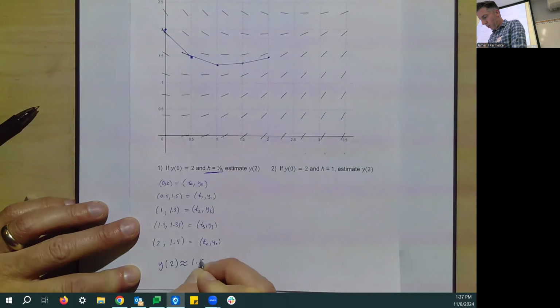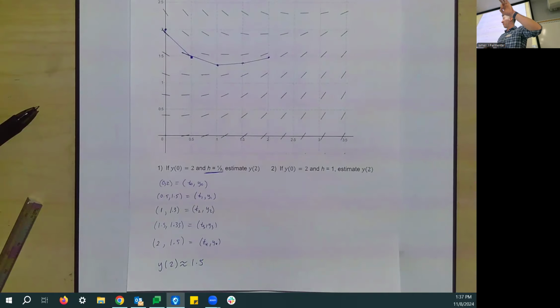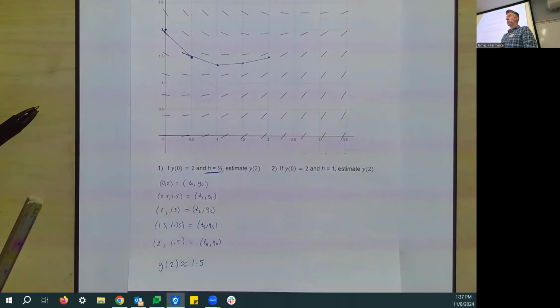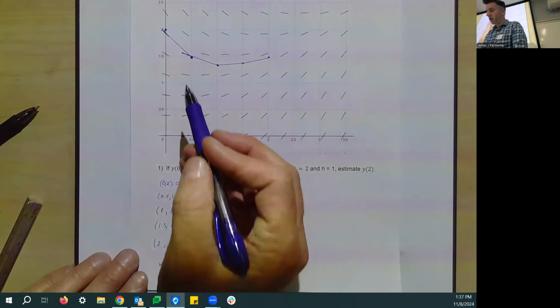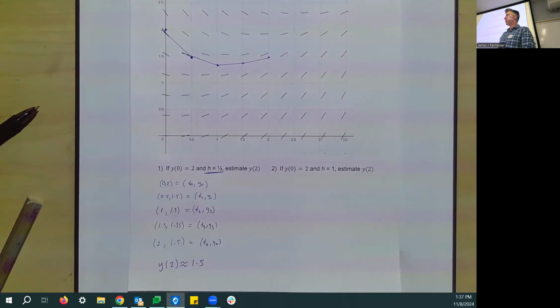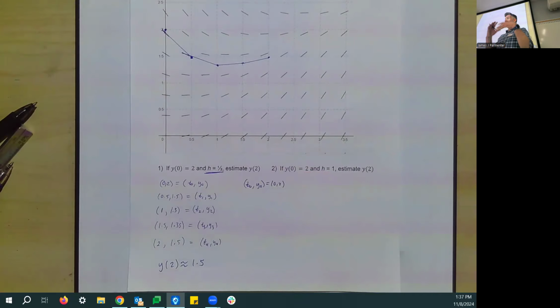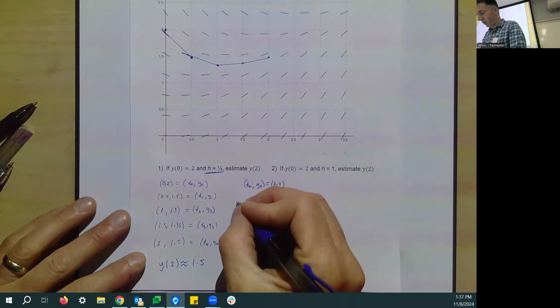Just looking at what the Euler's method equation would give us if we did this one. So I'm going to make an assumption here that it looks like the slope right here at (0, 2) is about -1. It looks fairly reasonable, right? It looks like we're going over 1 and down 1 pretty much. So I'll point out that if my t naught, y naught is (0, 2), and if I wanted to find the next y value in the analytical way, well, my next y value would be